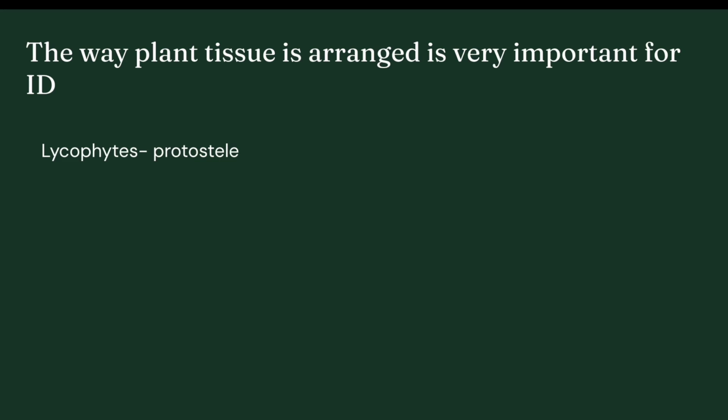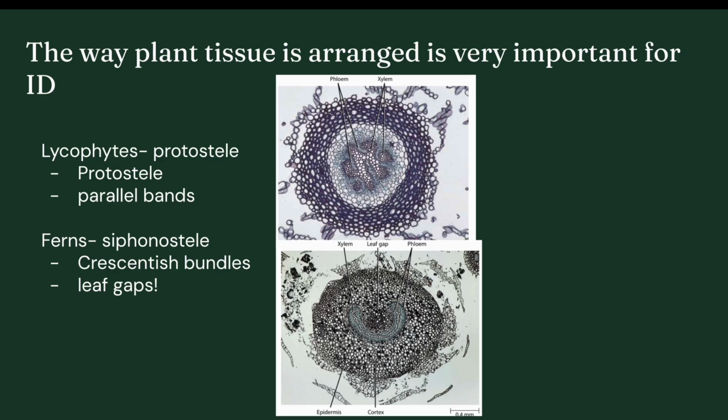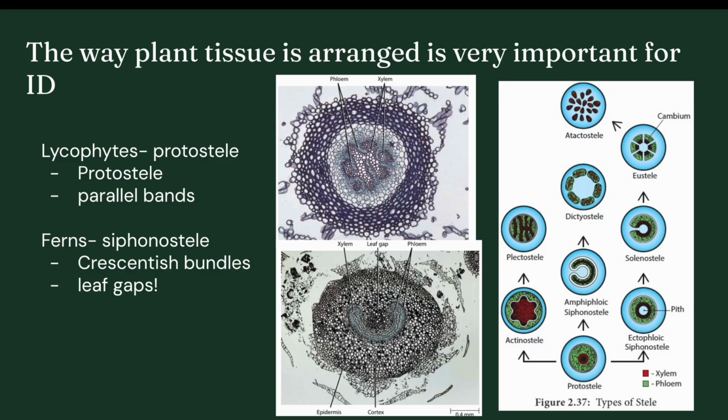The Lycophytes, or clubmosses, and their relatives typically exhibit a protostele, more specifically a plectostele, but I don't know how important that is to know. And ferns exhibit the siphonostele, or dictyostele, or solenostele. This is kind of a map of how these steles evolved from the archetypal protostele in ancient ancestors of vascular plants. And therefore, steles are actually very useful not only for ID, but also for elucidating these kind of evolutionary